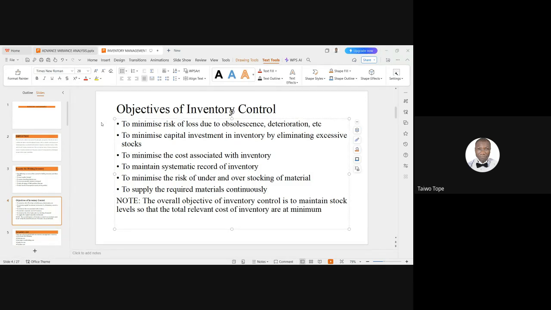So the overall objective of inventory control is to maintain stock levels so that the total relevant cost of inventory is at a minimum. So the cost of your inventory should always be at a minimum. Where it is at maximum, it means you are not doing proper inventory management. So based on this,